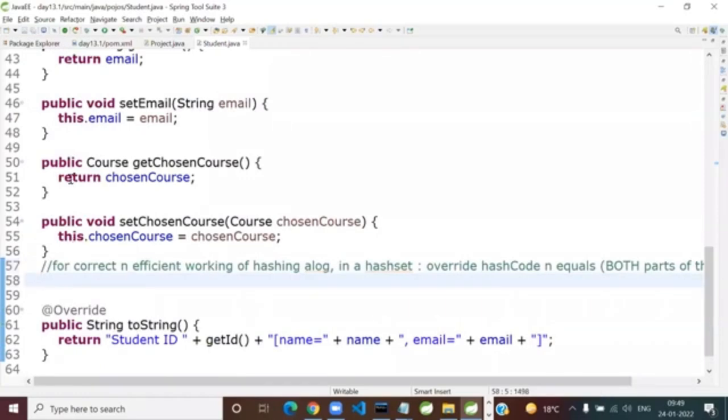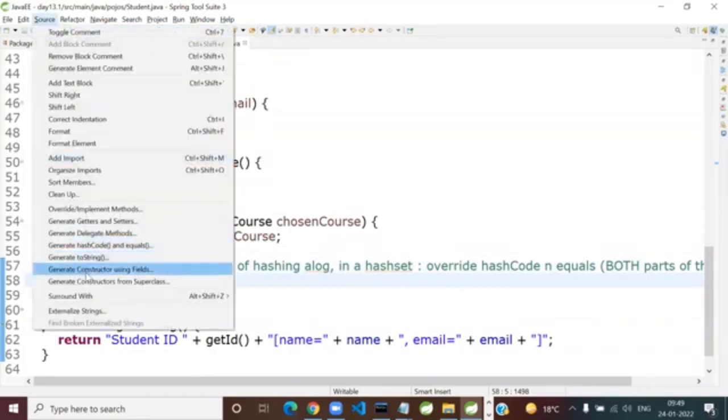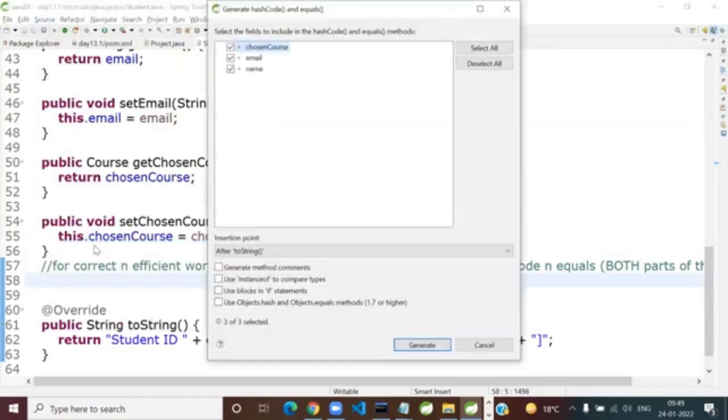Understood the comment? Since we have talked about it so much, this is not the time to waste writing it by hand. So how do you generate it? Source. Where is that? Generate hashCode and equals.